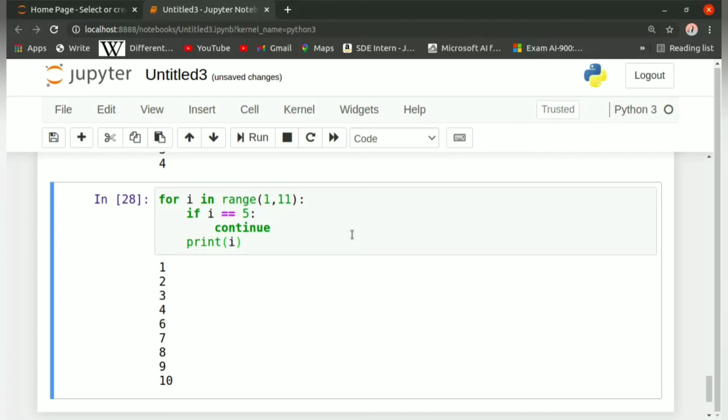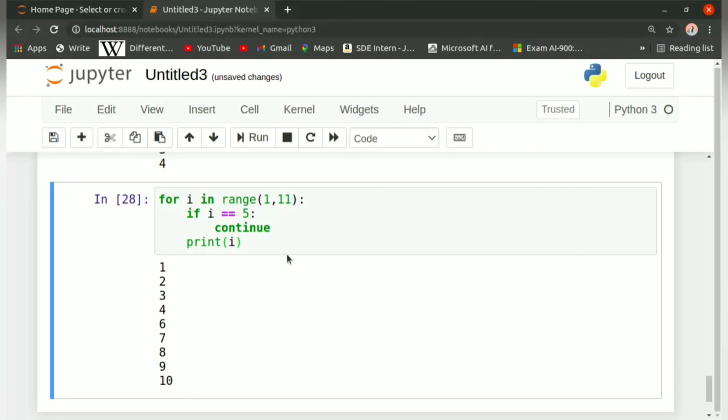This is because first it will take 1, 2, 3, 4, and for those print(i) will get executed. But as soon as the value is 5, that is, i is equal to 5, the continue part will be executed, which means it will just skip 5 and continue to execute the rest of the loop.